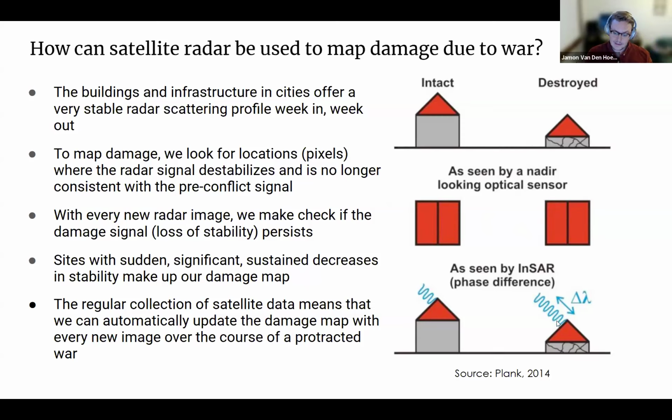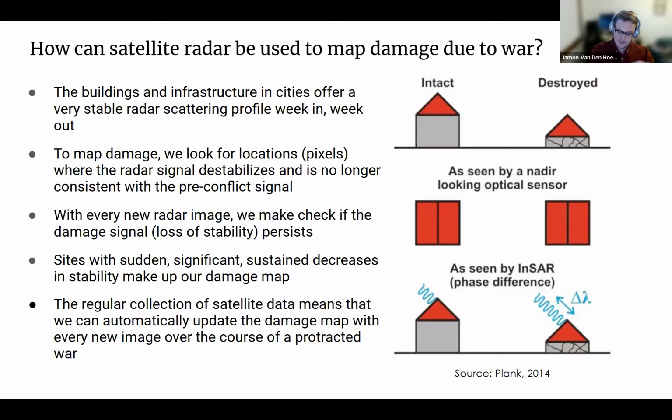But we can see this difference if we look at this building damage through a satellite radar view, where we're sensitive to differences in height, we're sensitive to differences in texture, and over time, then